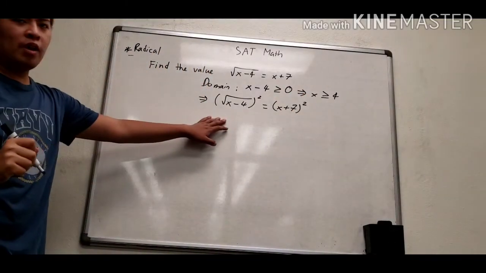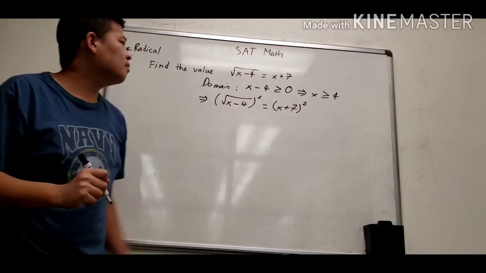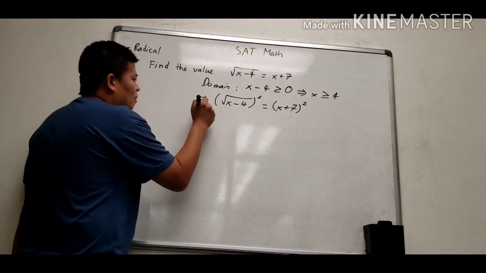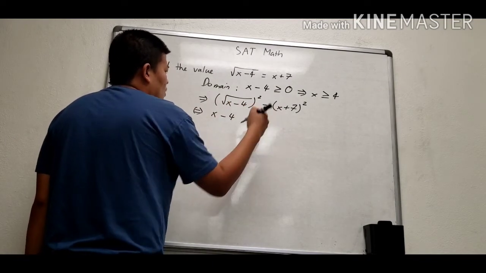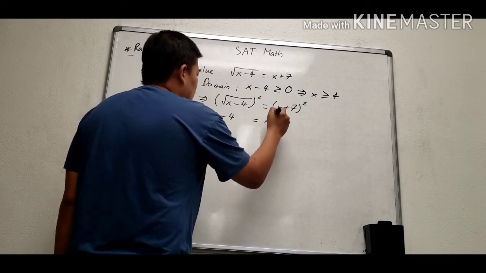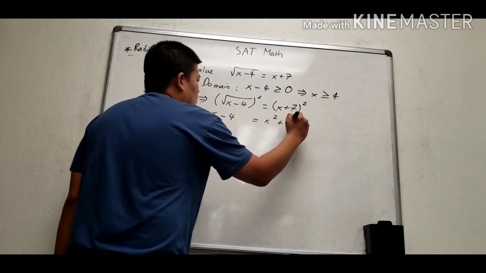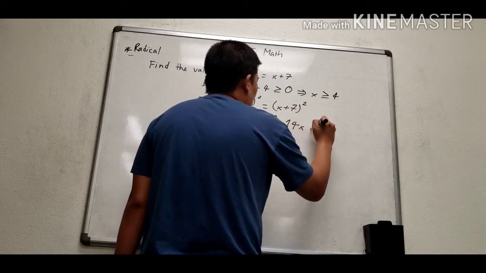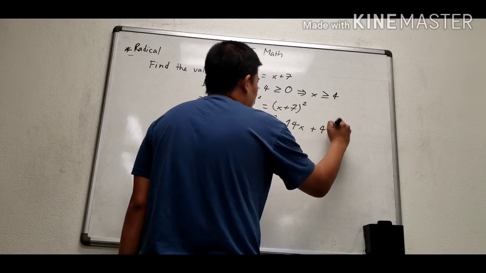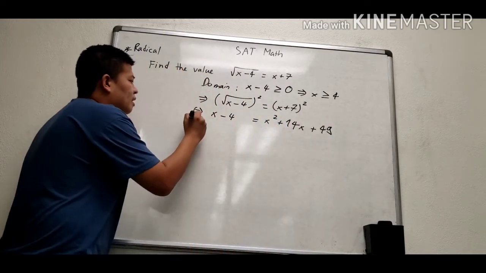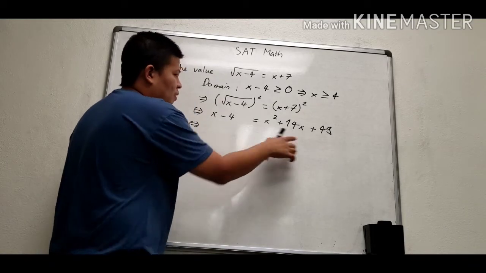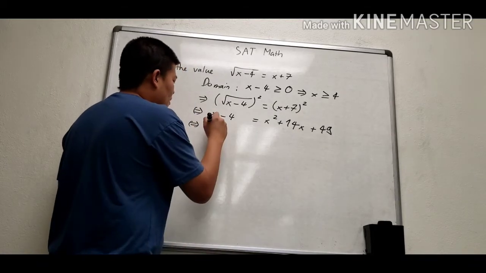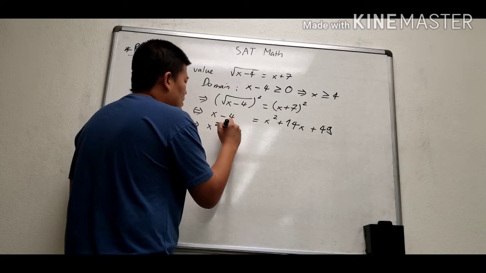We put the square on both sides like this. And we go about s minus 4. In here, we have s power 2 plus 14s plus 49. And we move s and minus 4 to the right, so we get s power 2 plus